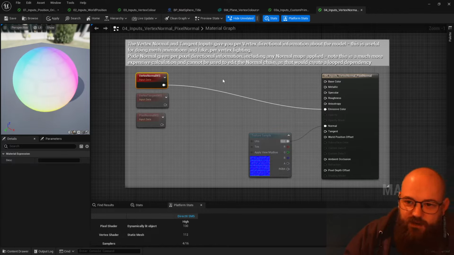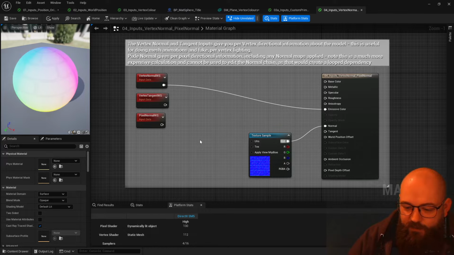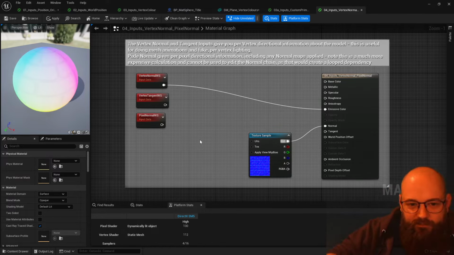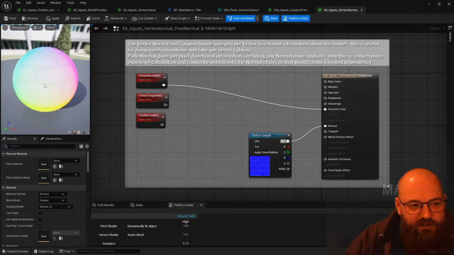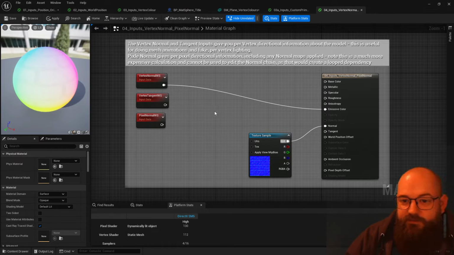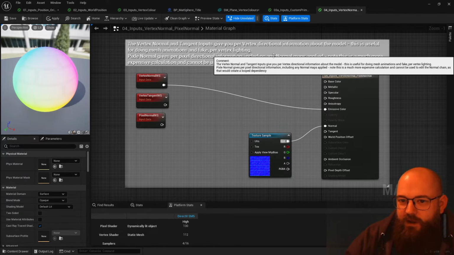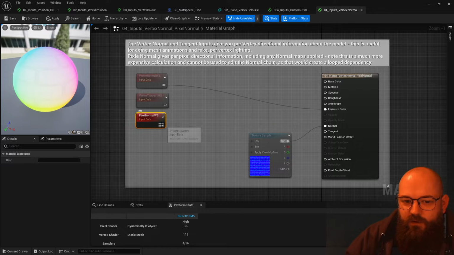Anything per vertex is cheaper, but there are advantages to this, and one of the worked examples we'll be doing later is a snow shader, and that will take advantage of the difference between these. So we'll get a nice per pixel normal in a transition period, and then we'll also get a lumpy snow on top. So using these in different ways. It is much more expensive to do it per pixel, and also we can't use the pixel normal to also